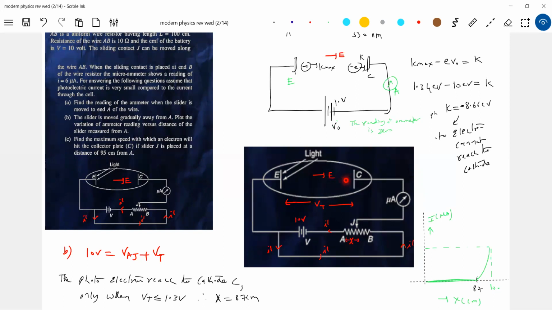The cloud one will never come here, no? Cloud will also come, sir, accelerating electrons. Yeah, okay, sorry, the cloud will not come. The cloud will never come. The space charge layer will never move. And along with Kmax, suppose a Kmax is able to come, the other electrons also start moving.